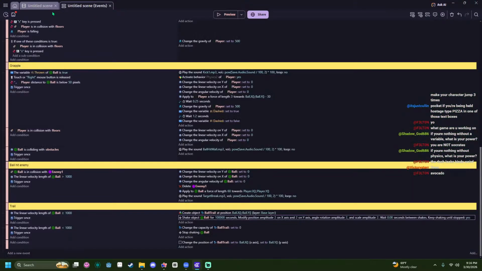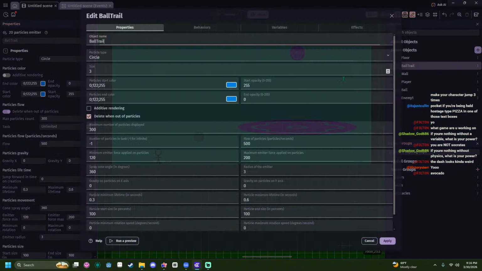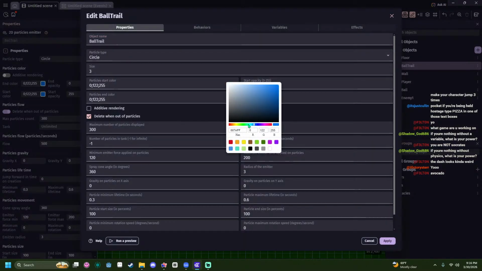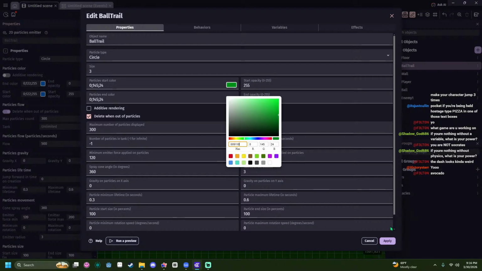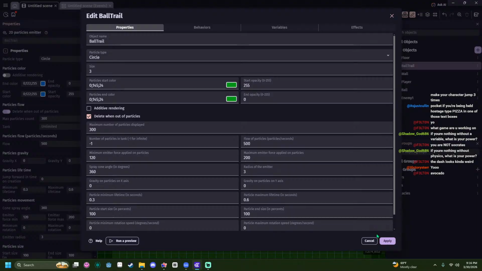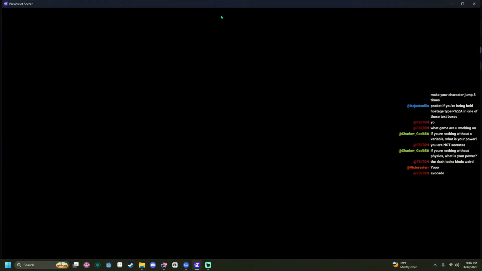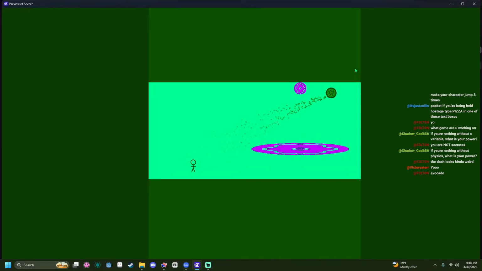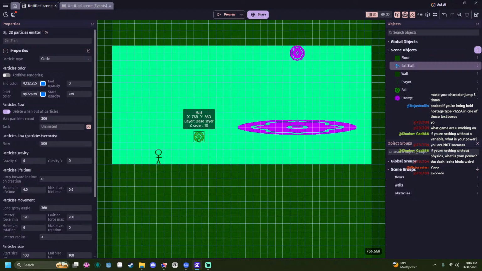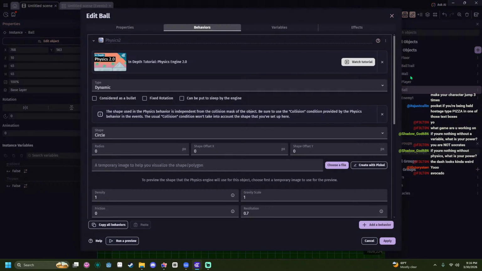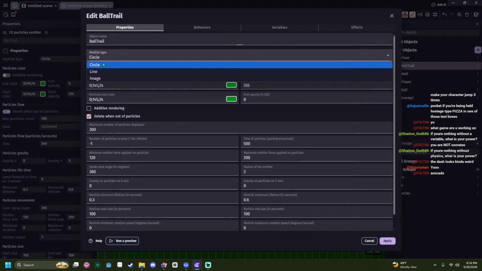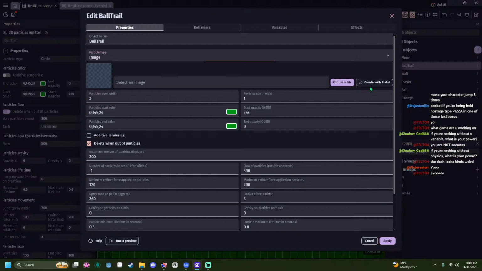Okay, that particle effect color definitely isn't doing it for me. I can make it like a darker green, but not as dark as the wall. You know what else I want to do? Let's make, instead of a circle, let's do our own image.